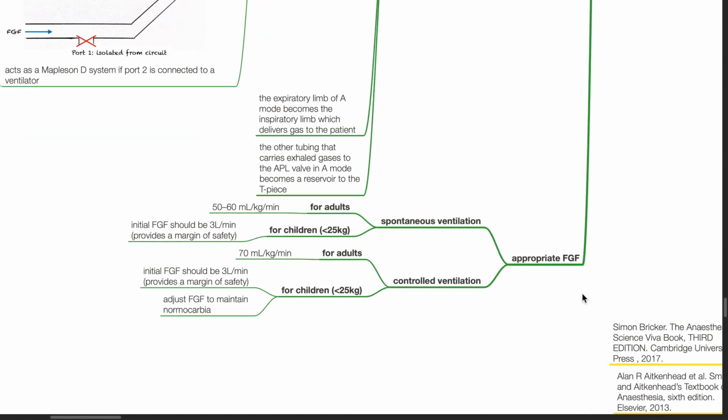Appropriate fresh gas flow rate: for spontaneous ventilation for adults, 50 to 60 mL per kg per minute. For children less than 25 kilograms, the initial fresh gas flow should be 3 liters per minute to provide a margin of safety. During controlled ventilation for adults, the fresh gas flow rate should be 70 mL per kg per minute. For children less than 25 kilograms, the initial fresh gas flow should be 3 liters per minute, and adjust fresh gas flow to maintain normal